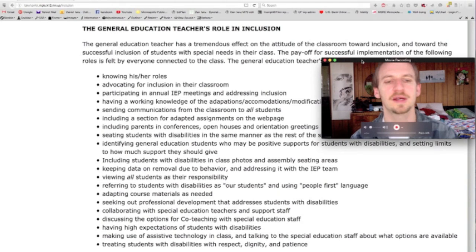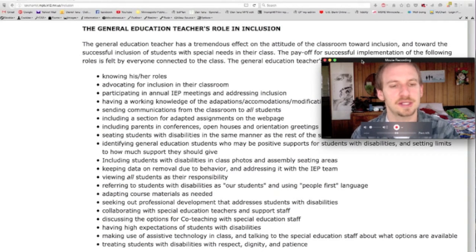It doesn't have to be something that the special ed teacher has to come and beg you about. I've seen general ed teachers do a wonderful job of coming up with opportunities to adapt even before I've come to them and said, hey, I've got this need to adapt something. They've already made an effort, and we can do it so much more easily and painlessly and inclusively if we do it that way. So, taking ownership of adapting course materials.